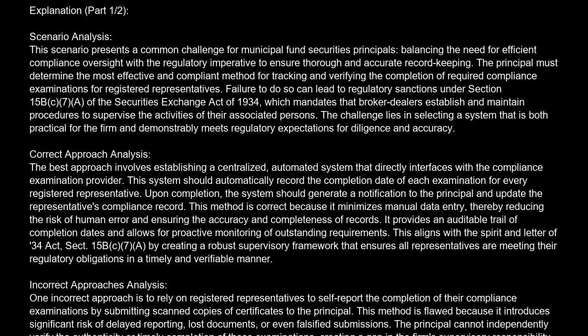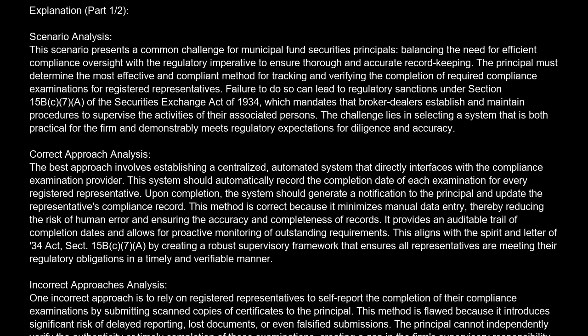The best approach involves establishing a centralized, automated system that directly interfaces with the compliance examination provider. This system should automatically record the completion date of each examination for every registered representative. Upon completion, the system should generate a notification to the principal and update the representative's compliance record. This method is correct because it minimizes manual data entry,